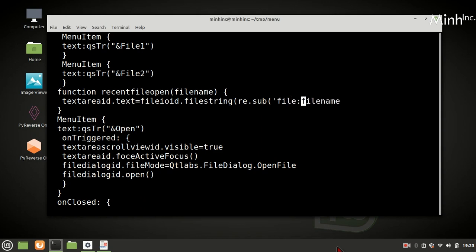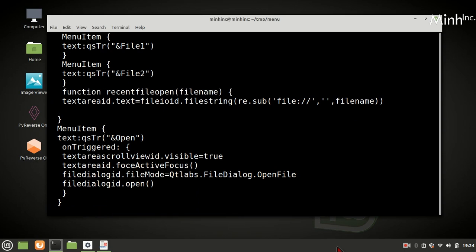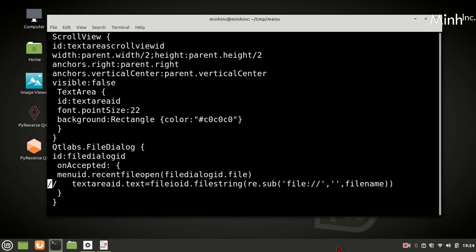So if it is like this, and the file name, it is a URL in QML, and text area would populate. I think this is for recent code. Probably I can mask it and copy it, paste it here for simplicity.